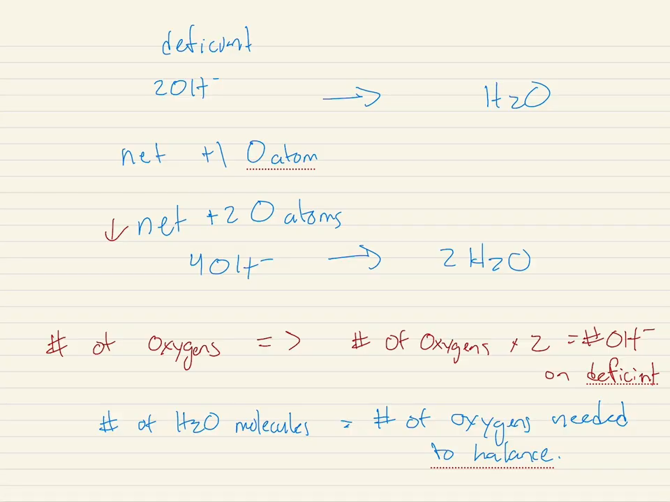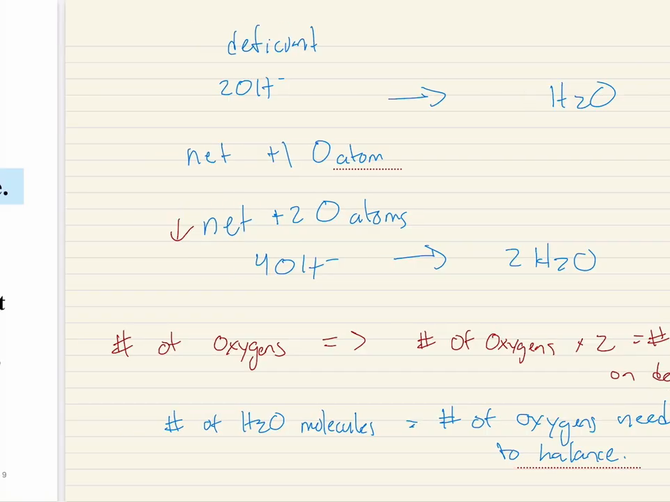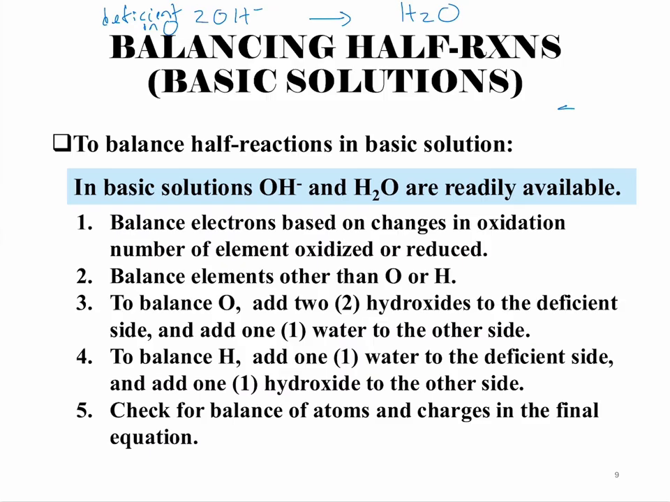This is only in basic solutions, because that's why we're dealing with hydroxide ions here. To balance oxygens for our polyatomic ions, most of the time is where we're going to be doing this. And then to balance the hydrogens, we add 1 water molecule. So this was for oxygen. To balance the hydrogens,